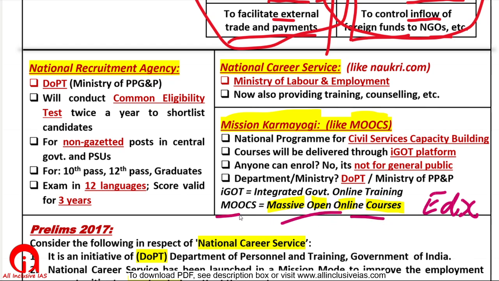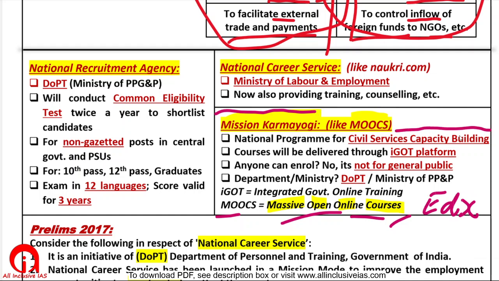Such are MOOCs courses. So basically, if you want to get trained, if you want to learn some skill, you don't have to go to your nearby college and learn those skills. You can simply open your computer, you can do an online course. So nowadays all private companies provide such facilities for online training. So government was already providing some online training facilities. Now government is trying to institutionalize such online training. Therefore that program is now called Mission Karmayogi. Simply it is online courses for